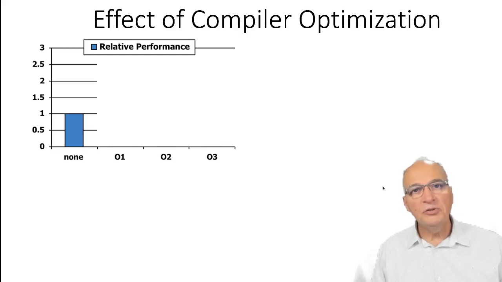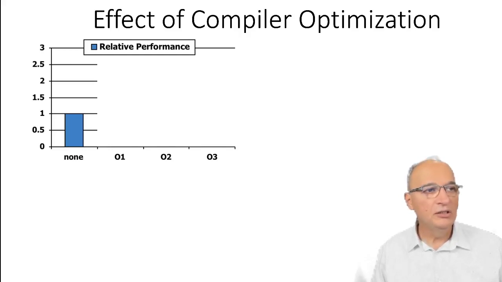The compilers that you use to compile your program have several different levels of optimization. If you don't specify anything when you ask the compiler to compile your program, there will be no optimizations applied, so it will be a straightforward, kind of naive generation of the code. Let's call the performance of that version none, because there are no optimizations. And let's normalize the performance. So the performance of our bubble sort algorithm when there are no optimizations applied by the compiler is 1.